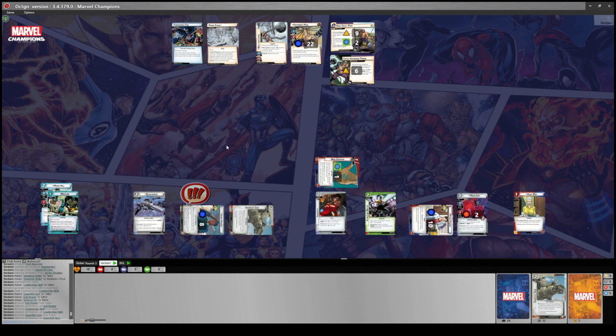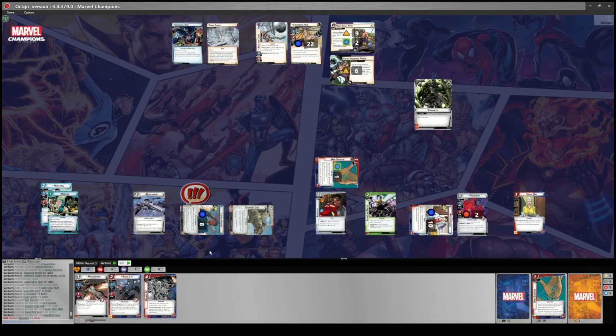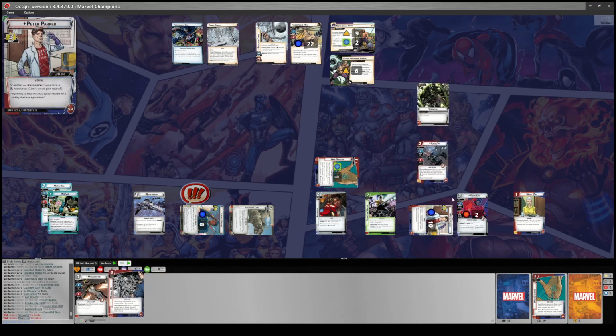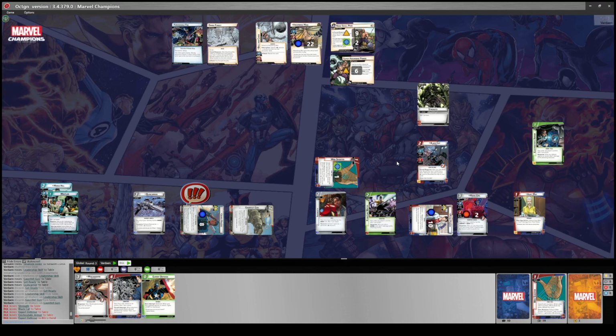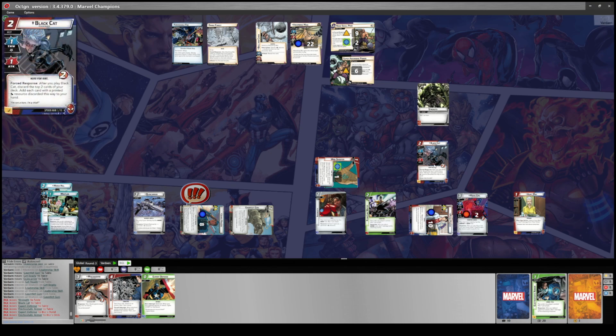So I'm going to spend 2 resources, put out this black cat. I think that's the right thing to do. Draw 2 cards, and get a mental. Oh, you hit one. That's good. Yep. And that will allow me to put out